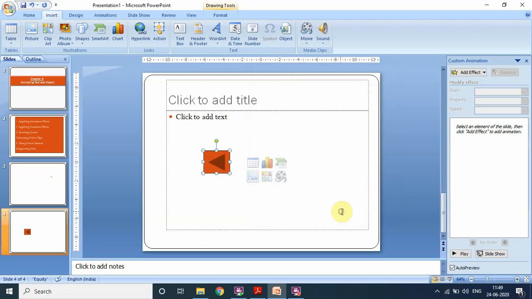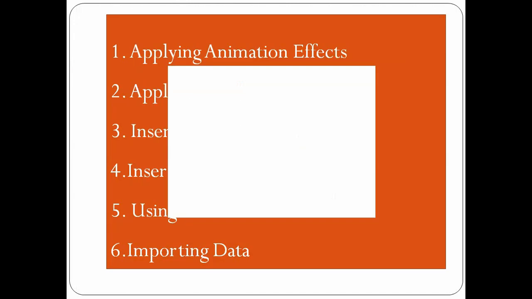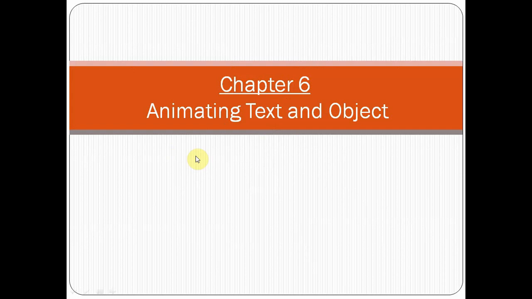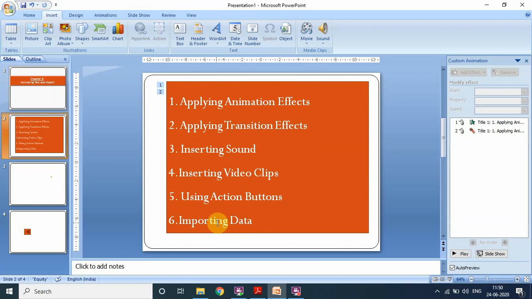Click on OK. Fine. Now when I have a slideshow again, just see, this is my first slide with the animation and transition effects. Second slide, third slide, this is my sound. Now this is the fourth slide where I've created this action button. Now when I click on this, I will be moved to the first slide directly. See here. So this is the purpose of the action button. Right? Now the last option according to the content is importing data.